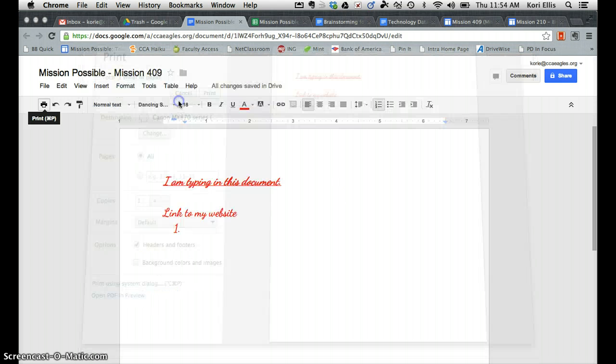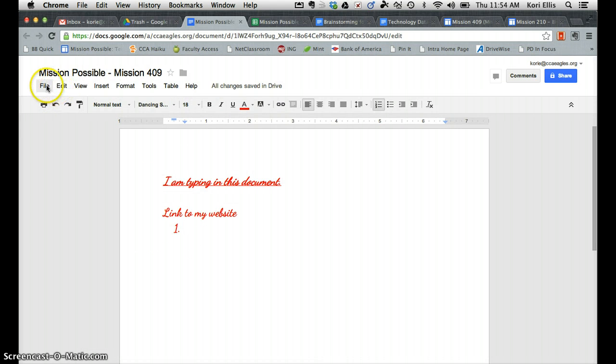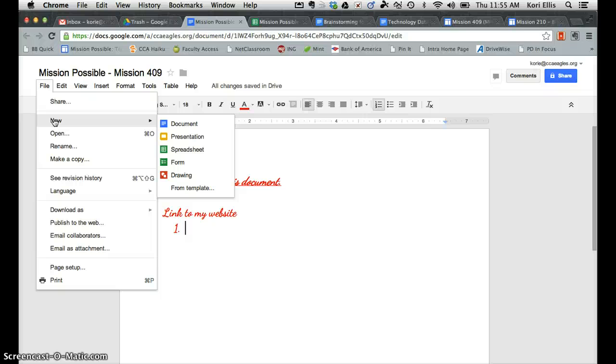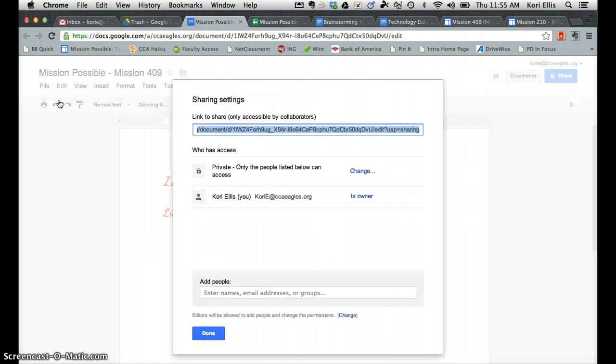And let's see what else. We've got options to create new right here from the file menu: a new document, presentation, spreadsheet, form, or drawing. You can share this document just by clicking here, and this is one of the greatest features of Google Docs,